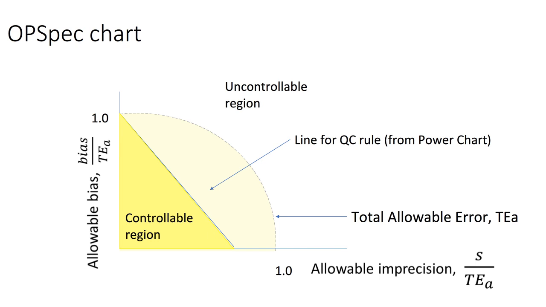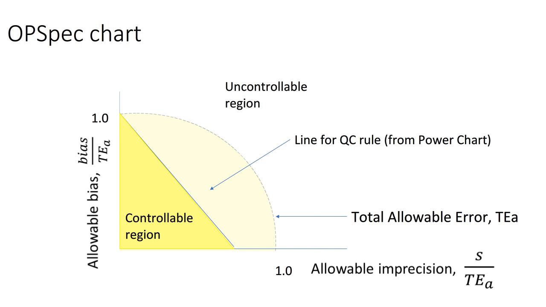This is the same graph we saw in the previous slide, except that a diagonal line has been added. This diagonal line divides the operating plane into two parts, a controllable region and an uncontrollable region. I'll show you how to find this line in a minute, but for now, all you need to know is that you can find such a line and it's determined by the QC plan. The controllable region is the set of operating points for which the QC plan can reliably detect shifts that could produce serious errors. In a sense, the controllable region represents the points that are safe with respect to a particular